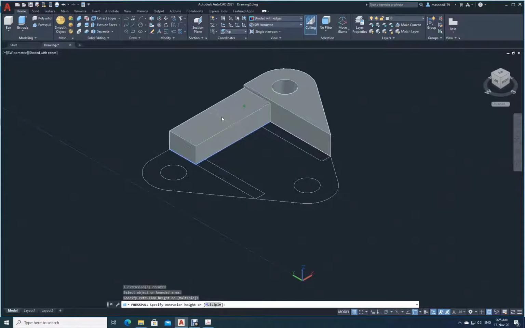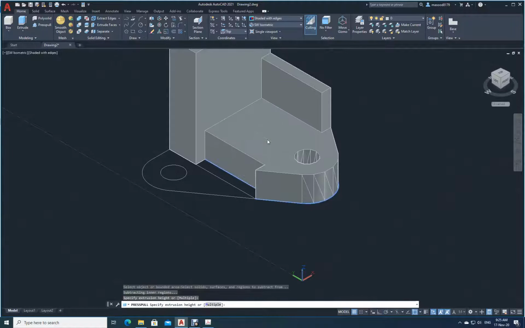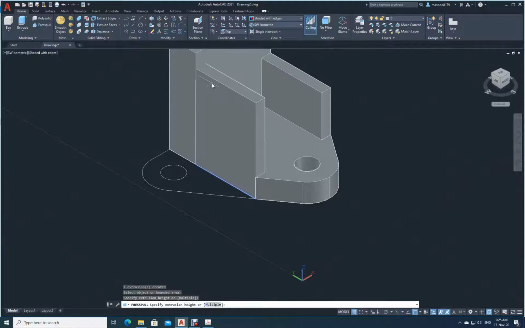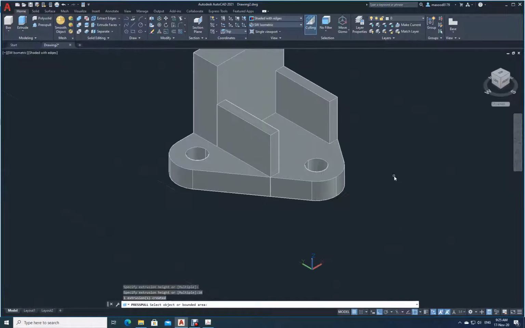Then what about this one? This one also I have to go up 10 plus 22 plus 20 means 52. I will go up to 52. Okay. Now come to this one, 10, another 22, 22 plus 10 is 32. I did it. Let me go to this one. I have to go up how much? 10. What about this one? This one again I have to go up to 10 plus 22, that is 32. Now coming to this one, I will just go up how much I need? 10. Enter. Okay.